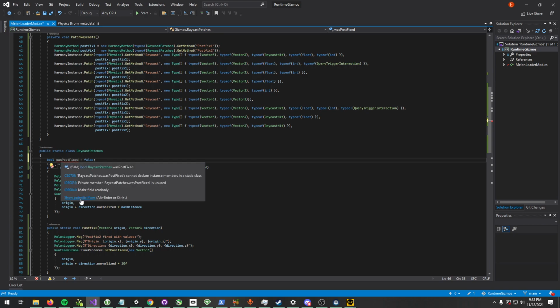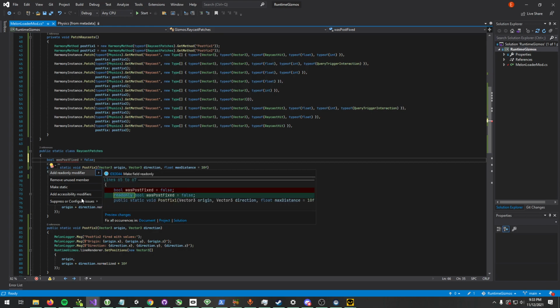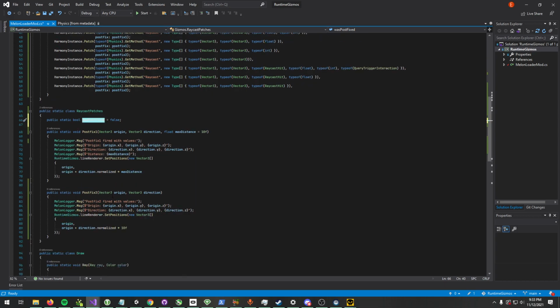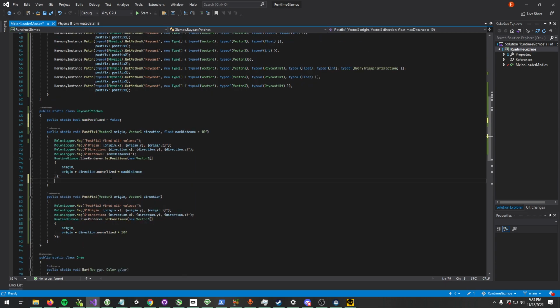Make field read only. Oh, it needs to be static. Duh. Okay. And then I'll make it public too. This is pretty annoying, but IL2 moment, I suppose. Was postfix equals